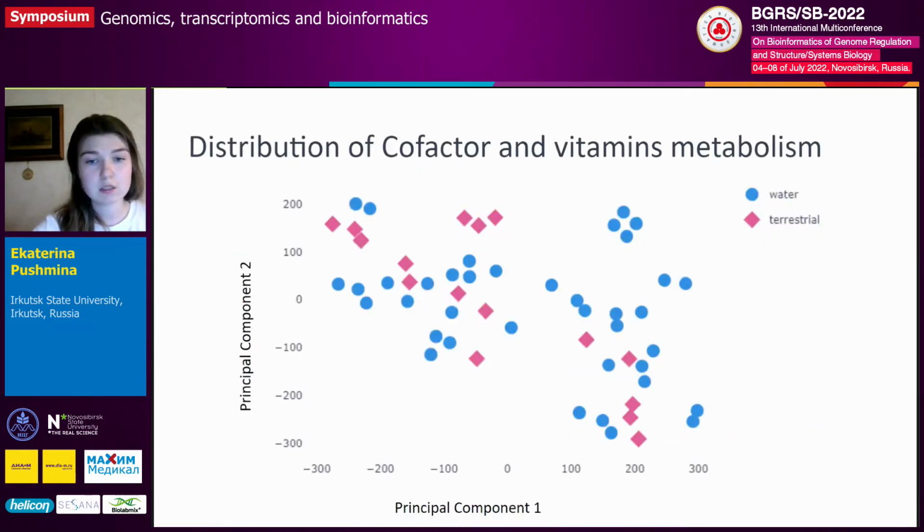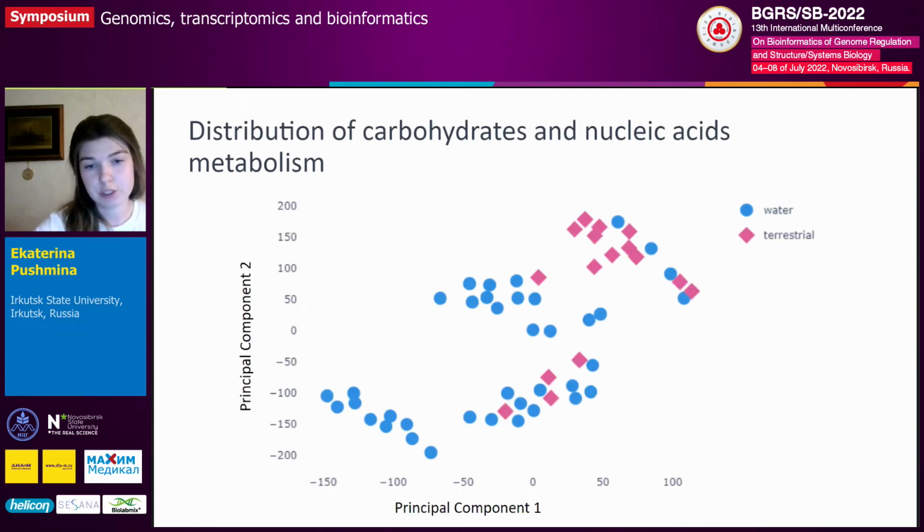This software product made it possible to obtain visual data on which strains that are genetically similar in some way are located close. During the analysis, it was possible to make a comparative analysis for the studied samples. For example, the quantitative distribution of genes responsible for the metabolism of factors, vitamins, pigments, and prosthetic groups is similar for all strains. But some features have also been identified, and the difference between which values in terrestrial and aquatic